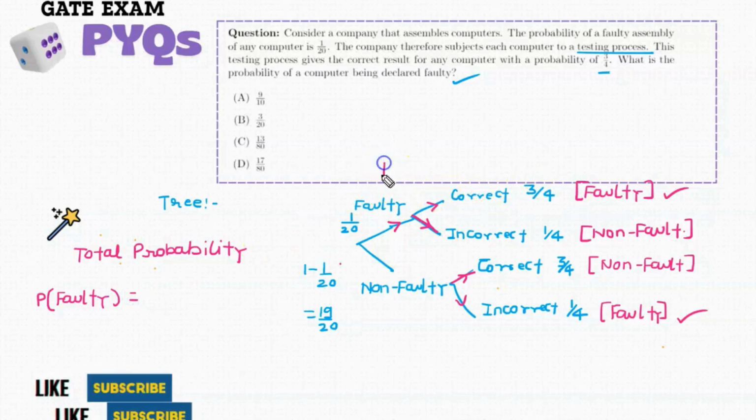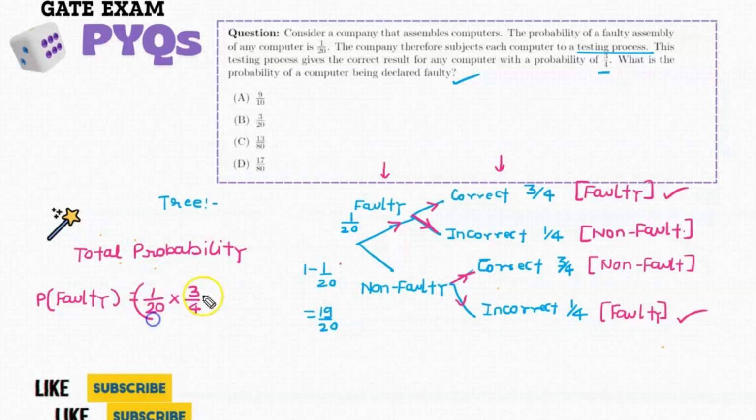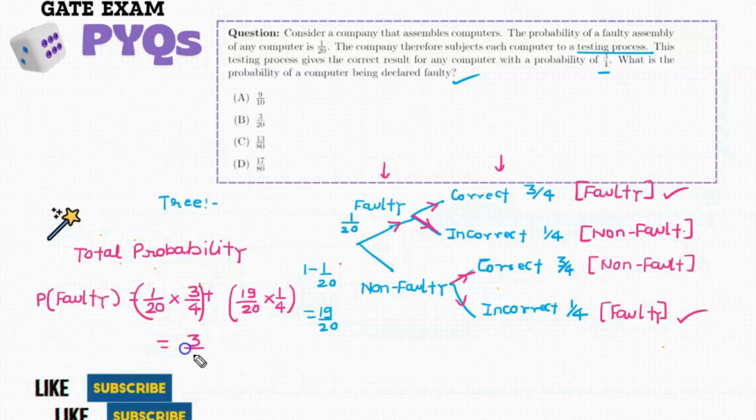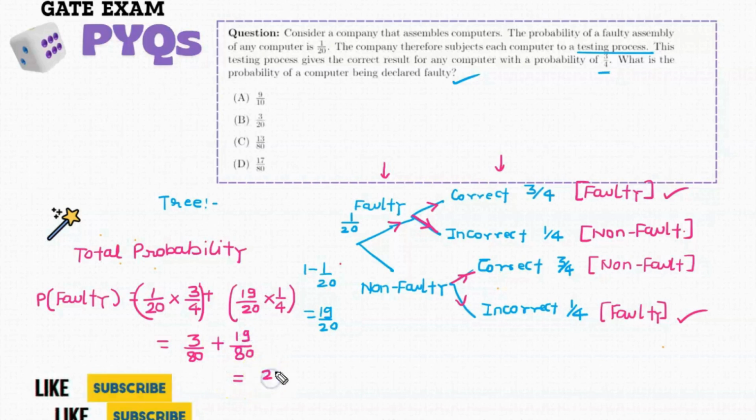So we multiply 1 over 20 with 3 over 4 first, then plus the second case, which is 19 over 20 multiplied with 1 over 4. If we simplify these two, we get 3 over 80, and this will be 19 over 80. Adding these two, 19 plus 3 is 22 over 80. So this will be our correct